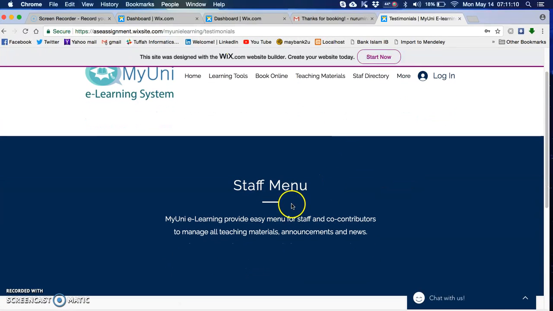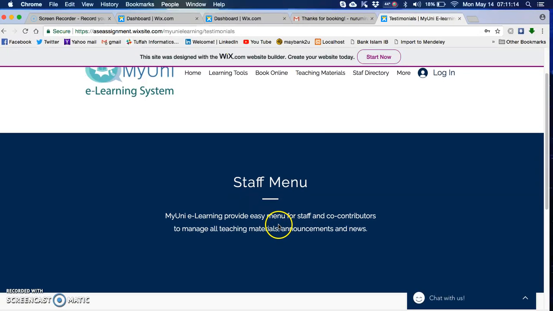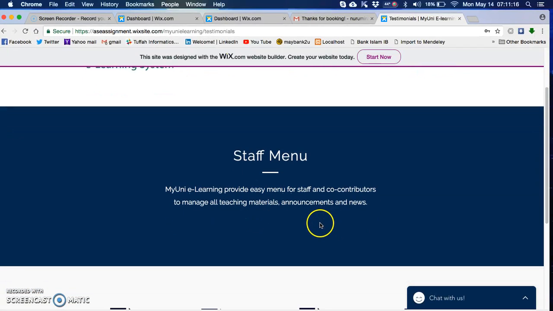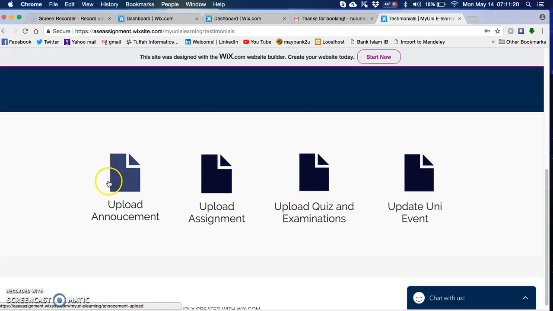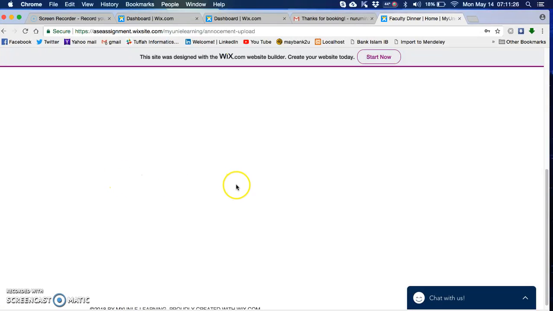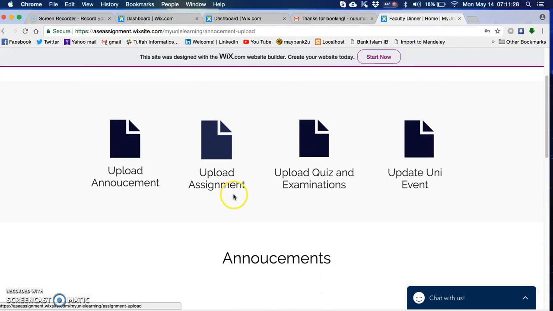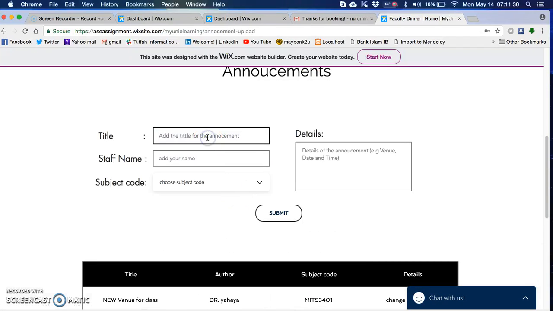There we go. You can see the staff menu actually provides the staff with an easy menu to manage all teaching materials, announcements and news. So there are 4 main menus here. You can click on upload announcement if the lecturer wants to upload an announcement. So we can click on testing 1,